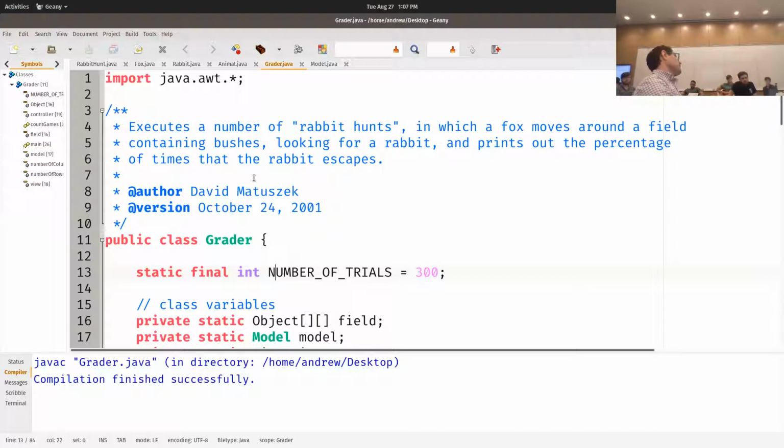That's why, when we were initially running this program, there were a couple times where it looked like the fox should have seen the rabbit and pounced on him, but the fox moved off in a random direction. What happened is the fox moved into the rabbit's line of sight. The rabbit doesn't do anything because he doesn't know to, so he just randomly moves, and now the rabbit's out of the fox's line of sight, and so the fox just keeps going.